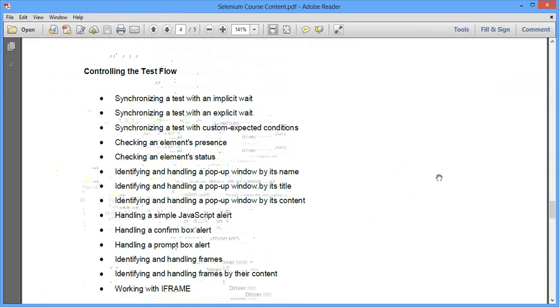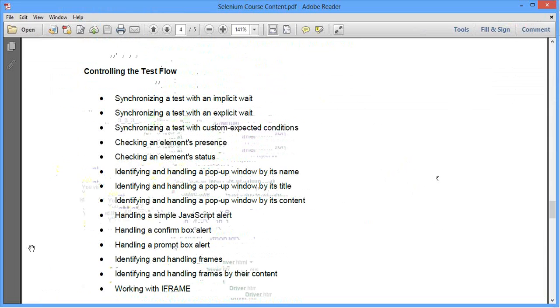So we have to synchronize the test by applying some waiting. If you take the IRCTC, during regular hours, it will load within 50 seconds or 30 seconds. But during the Tatkal hours, sometimes it takes more than 1 minute or 2 minutes. So how can I handle that one? We will learn that. And next one is